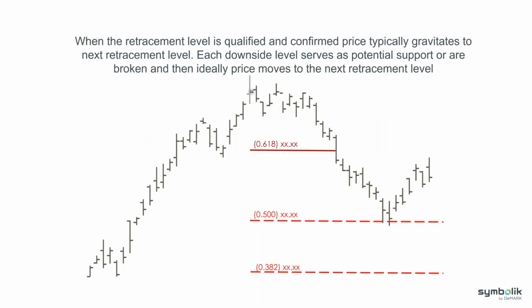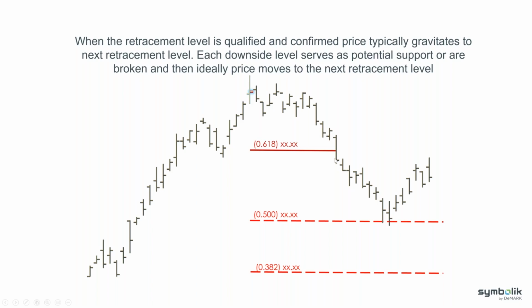When a retracement level is qualified and confirmed, price typically gravitates to the next retracement level, as you'll see in this example right here. So each downside level serves as potential support, or if it's broken, ideally price moves to the next retracement level. So you can see here the 618 level, we had an up close on the bar